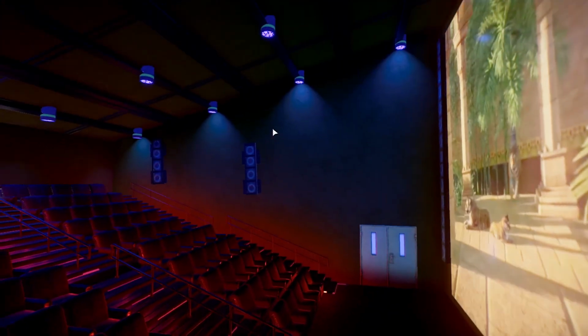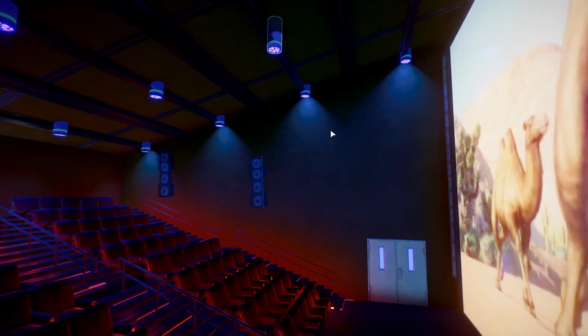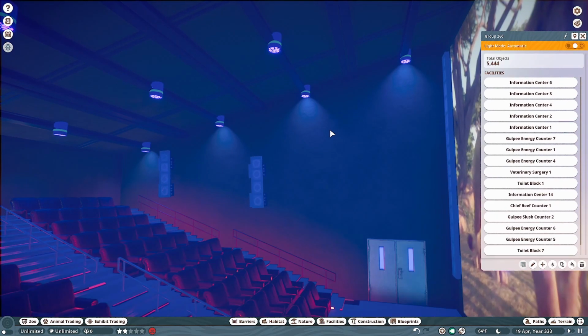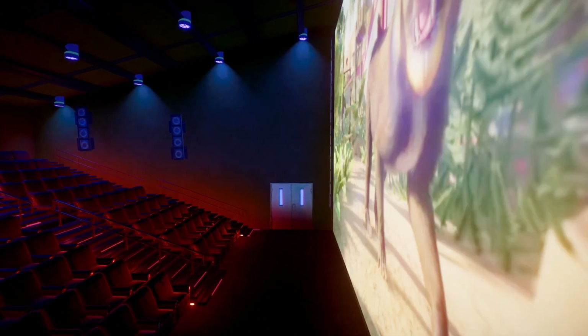What I may do is change all these lights to maybe a dull gray or yellow or something like that, and then maybe put some blue lighting in the back, like stadium lighting or something like that. I didn't even think about that till now, to be honest. But yeah, anyways, and then of course our nice